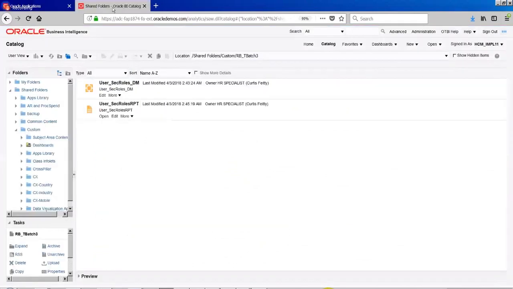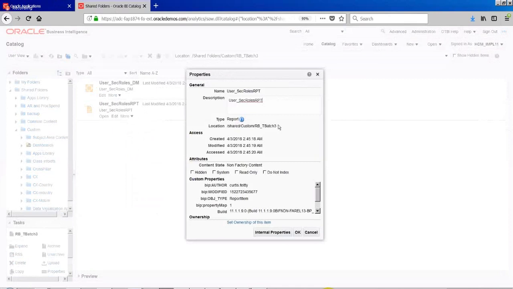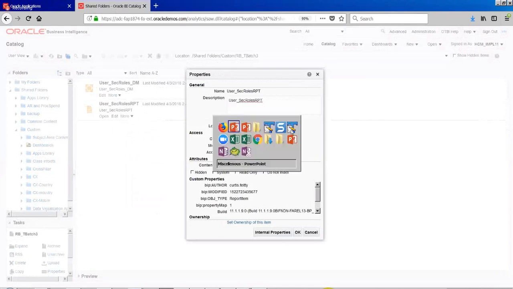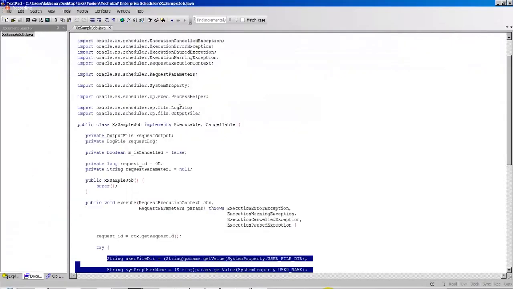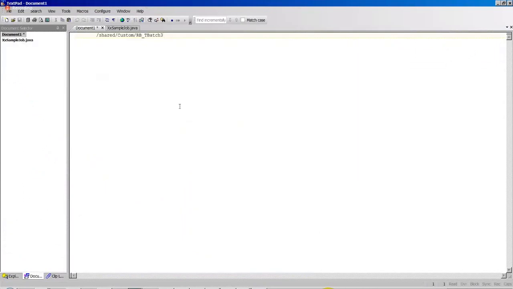To do that, I have to capture some information. I have to know in which location this report is placed, not the data model, the report. I'm going to more, then properties. Let me copy this location. We don't need to mention shared, you can take it off.